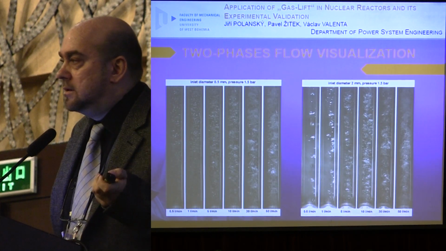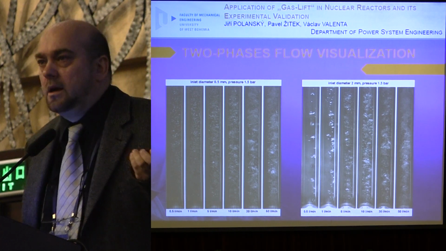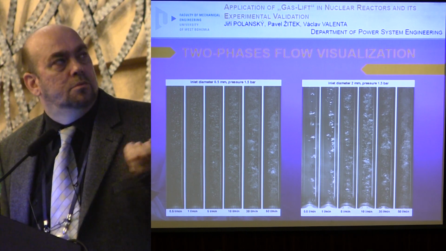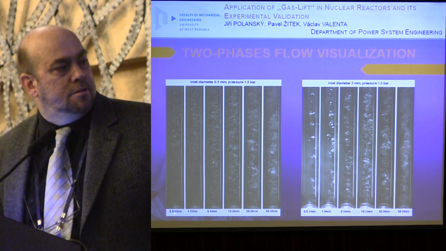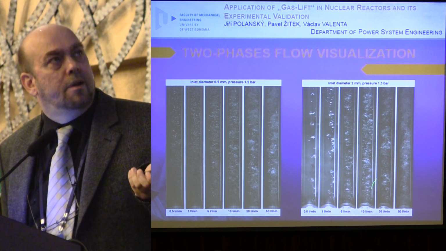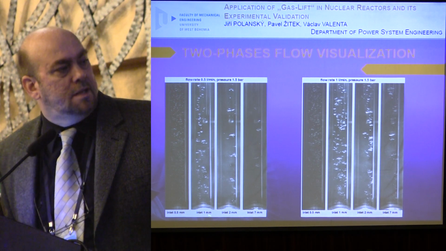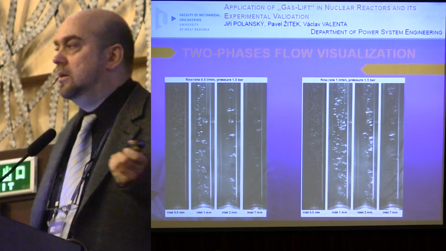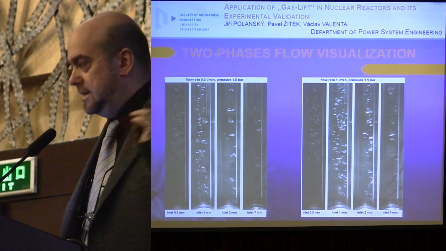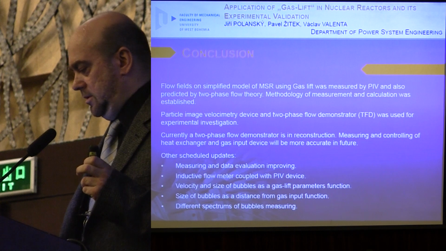Because we use the camera for PIV, we are able to take photos of the distribution of the bubbles, so we can compare different mass flows and, maybe in the next picture, different sizes of the bubble at the inlet. But this is not a picture for PIV. This is just visualization of the two